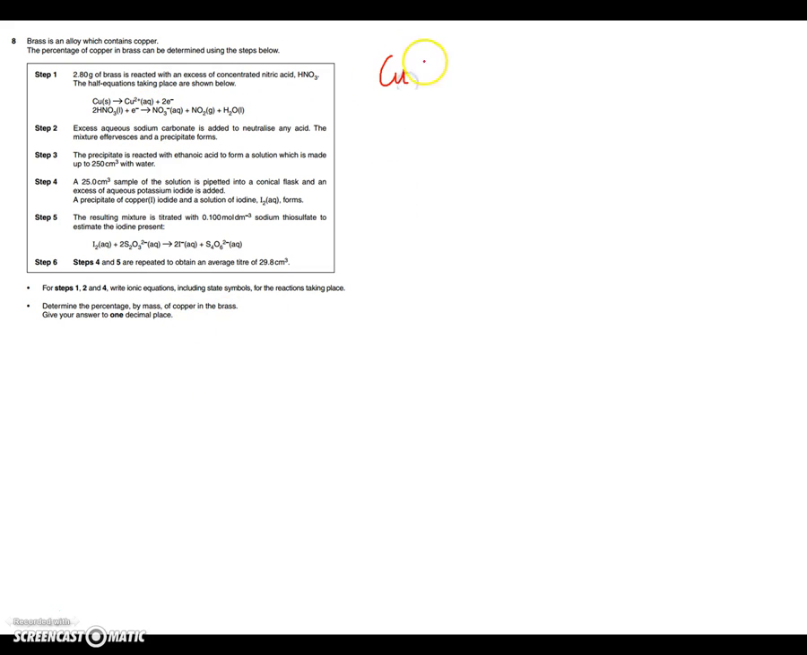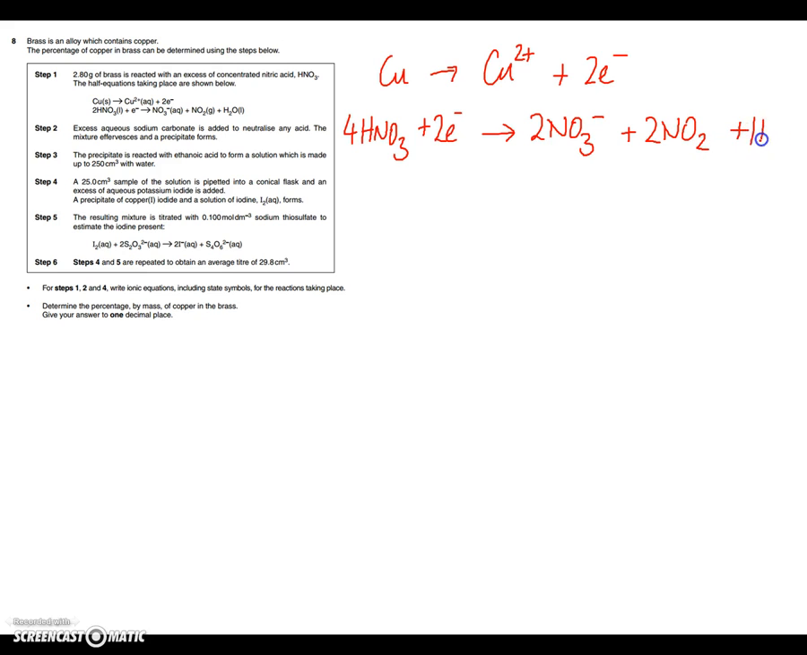So our copper, and we'll put the state symbols in afterwards just to speed things up a little bit. 2 electrons there, and then you've got to double what's going on here to make sure our electrons balance. So 2 lots of HNO3 plus 2 electrons, and then put that all in. You've got 2 nitrates, 2 of the nitrogen dioxides, and then 2 of the waters. So if we add these two together,